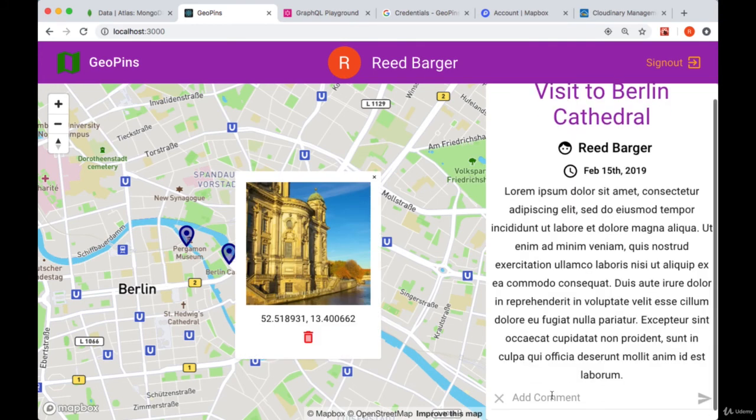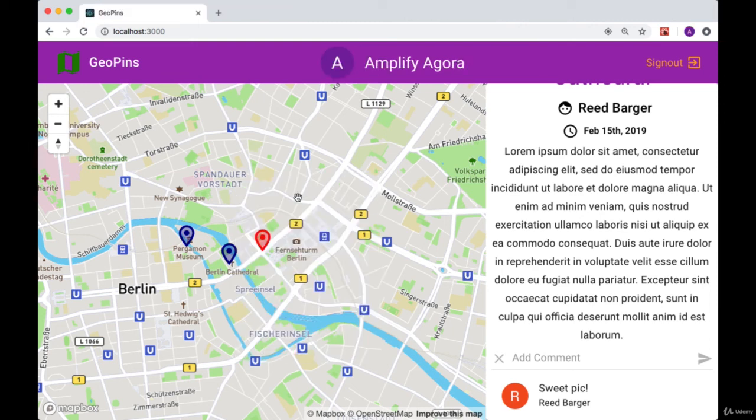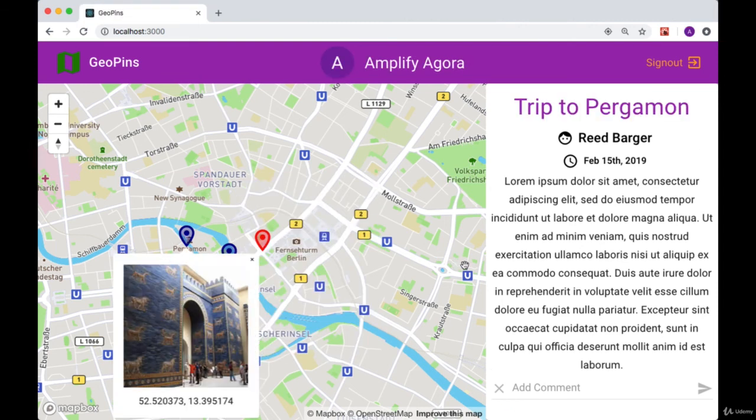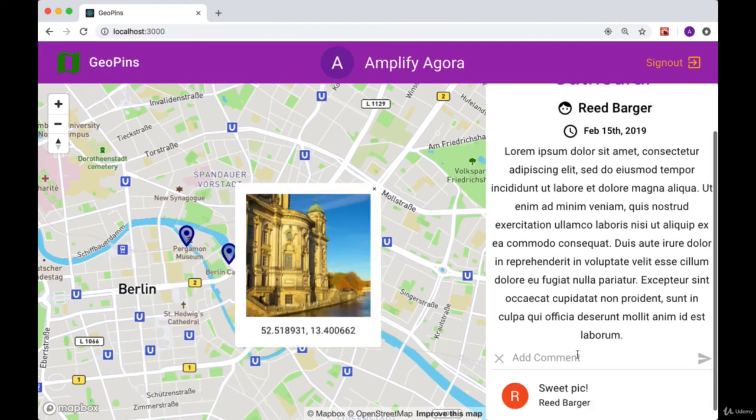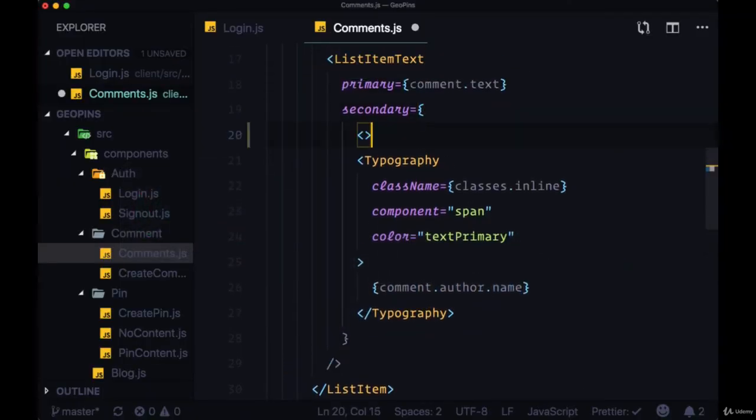I'll select a pin, say sweet pick. So after the comment was submitted, we see the input is cleared out, the buttons are disabled again, and we see underneath our first comment, with the user's picture displayed as their avatar, their comment, as well as the comment author's name. As a short addendum to this video, if you'd like to display the time when a given comment was created, we can provide that right next to the comment author's name by re-adding the set of fragments that we removed initially